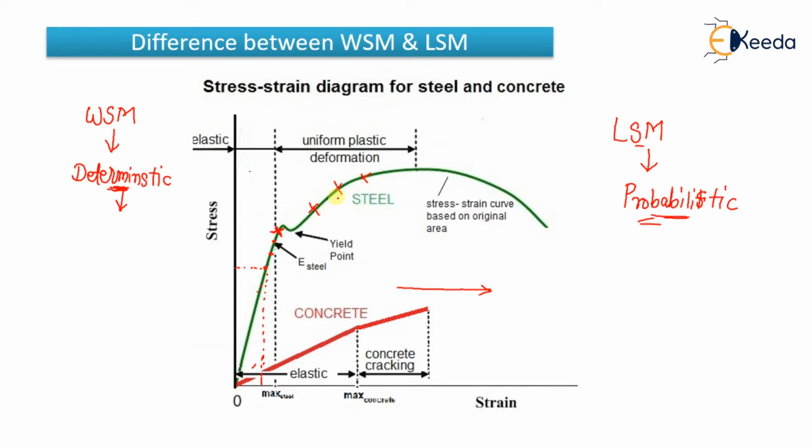But after a certain point the stress is getting reduced. It is not linear, but strain is continuously increasing. In case of limit state, after this point also it is getting increased, then it is getting decreased. So which coordinate is this? If you take the projections, the stress is increasing then decreasing, but strain is continuously increasing. Now for example, at this point, there are various coordinates, so it is continuously getting increased.